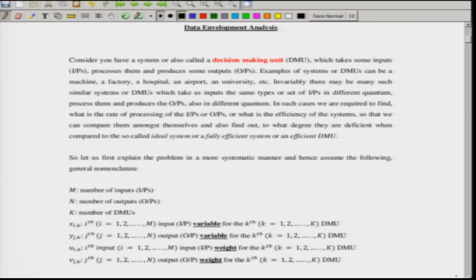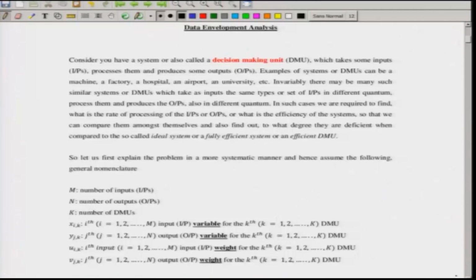Invariably, there may be many such similar systems, for example, if I am talking about the IITs or the universities, it can be all the IITs. So, they are each single DMUs. If you are considering the government, each state is a DMU. If you are considering the airport example, it would be the different types of airports which you have